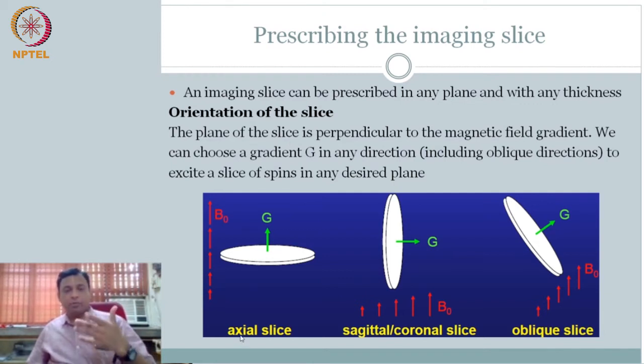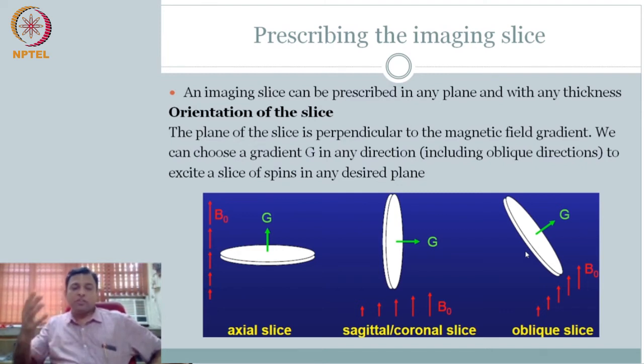So now, just because I showed you Z as the slice, which is the axial slice, in fact, the beauty about MRI is this: if I applied only GX or GY instead of GZ, I could have selected sagittal or coronal. Not only that, if I apply all of them together in different proportions, I could even get oblique slices, right? So this is the starting point of the beauty of this modality. You have so much freedom to do what you want.